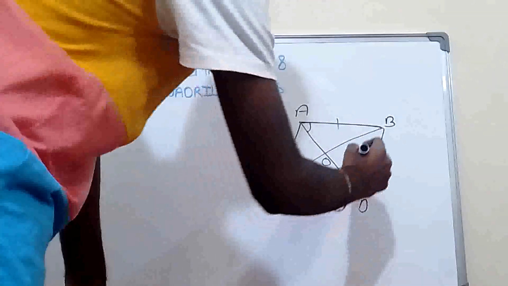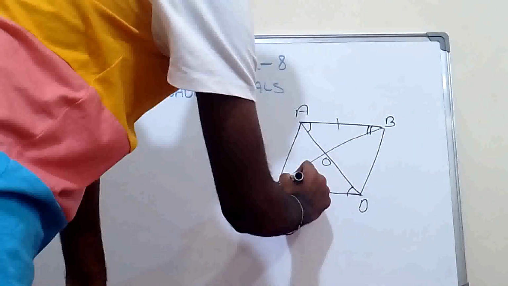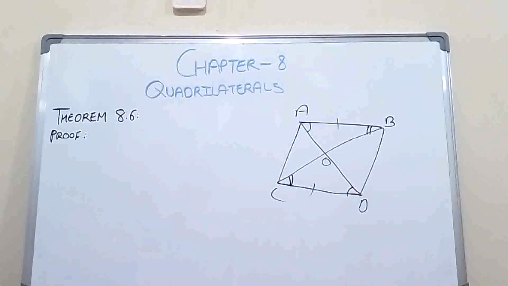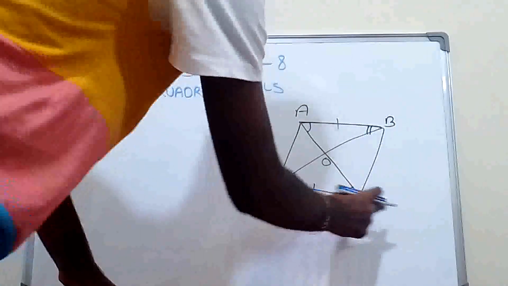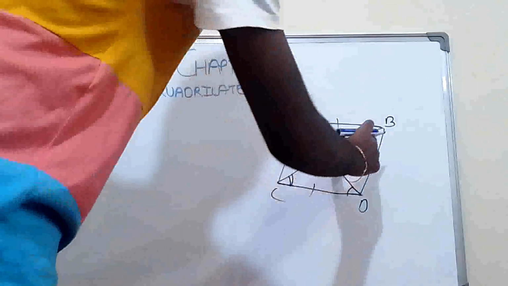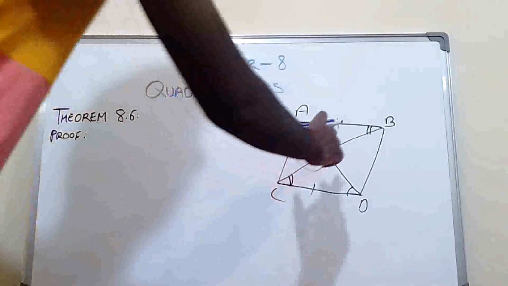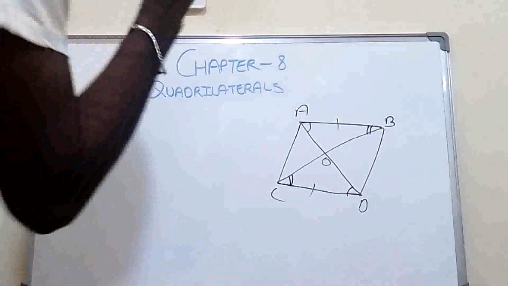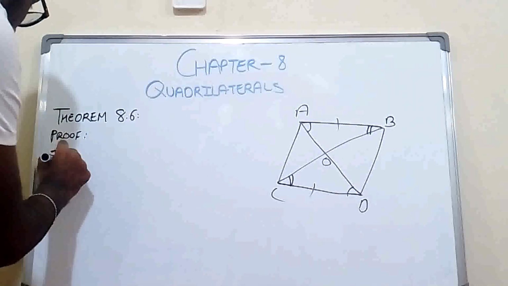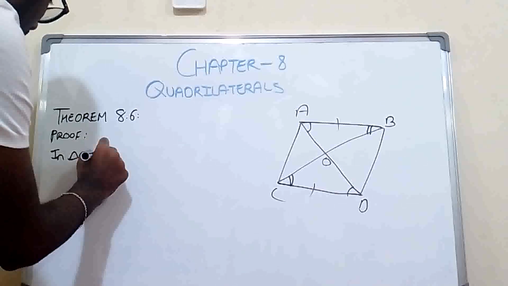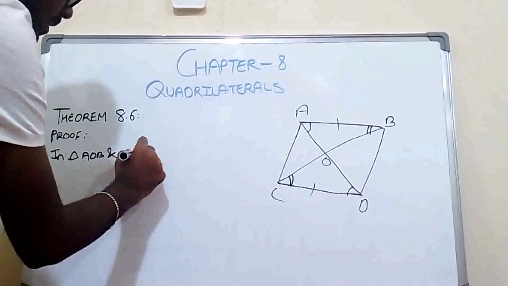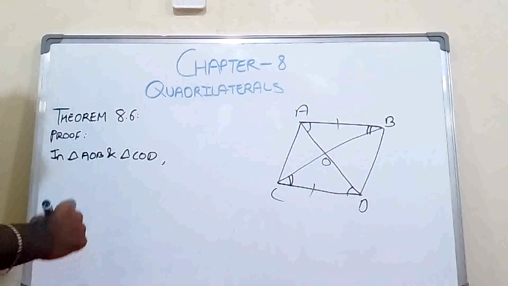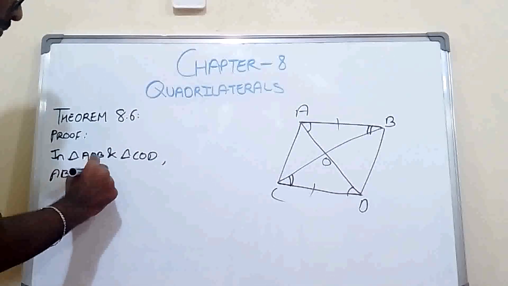Similarly, we can also tell that this angle is equal to this angle. Why? It's the same reason again. AB and CD are parallel, and BC is another transversal. So these two are also equal. So we can see that two angles and a side are equal, which means that the two triangles are equal using ASA. So here we can write that in triangle AOB and triangle COD, we have AB is equal to